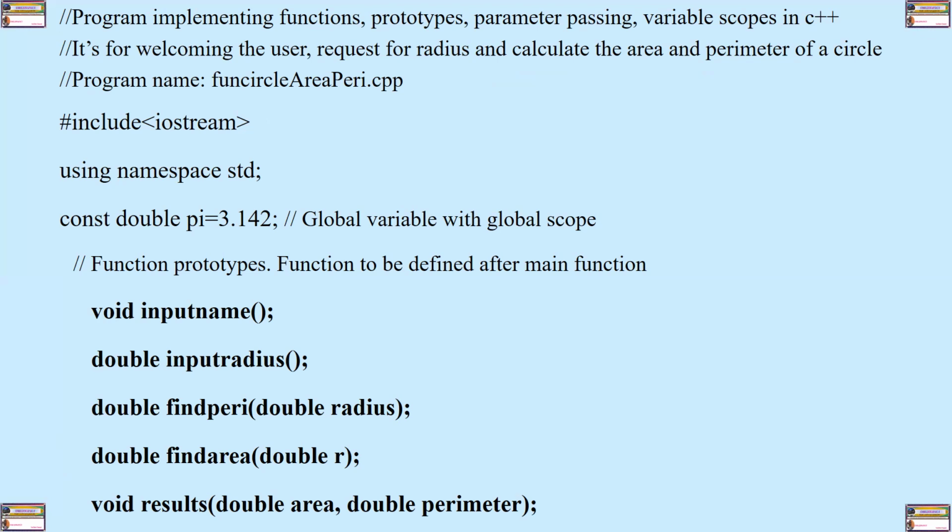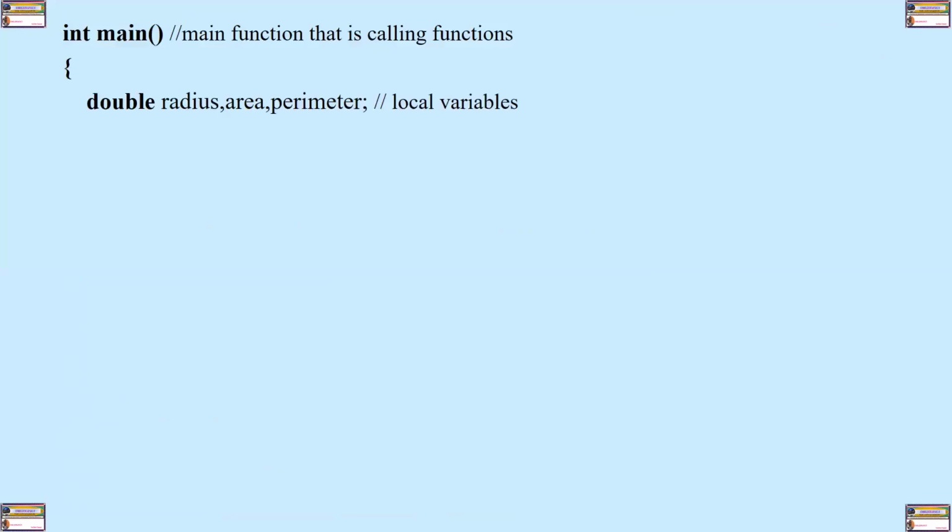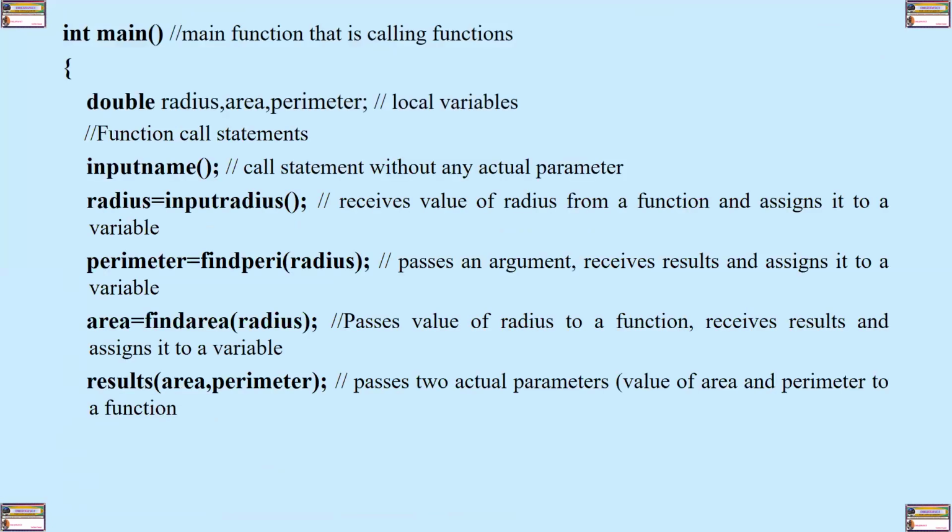Beginning with the comments, the hash include, using namespace, declaring global variables that you need. Then we have the prototypes here for our functions that are defined after the main. Once you finish the prototyping, the next thing that follows is you code the main. And in the main, it's always good to ensure you have only the invoke statements, the call statements for the